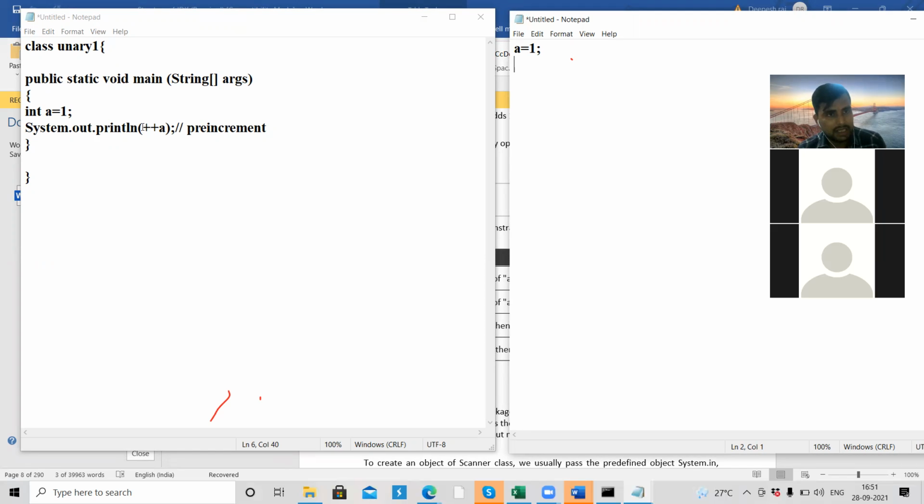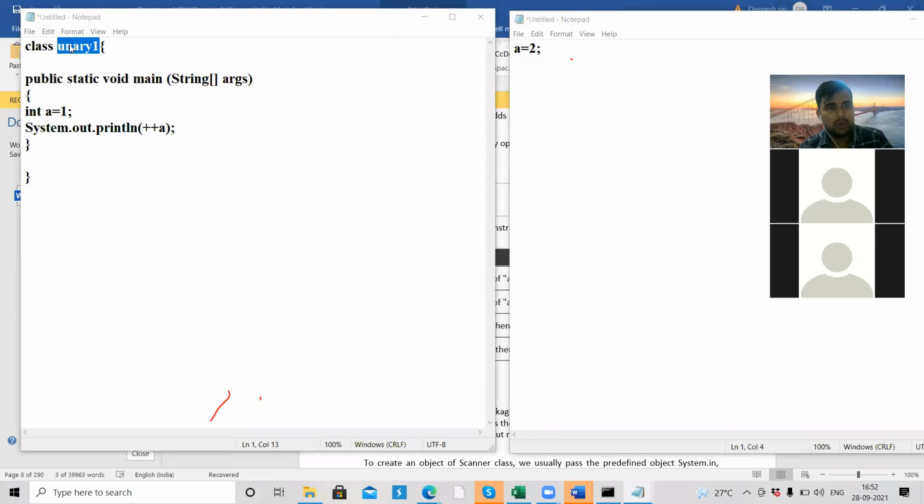First increase and then store. So ++a means add 1 to the value of a, so 1 plus 1 becomes 2, and assign the new value to a. So a will become 2, and it is going to print the value 2 as output.